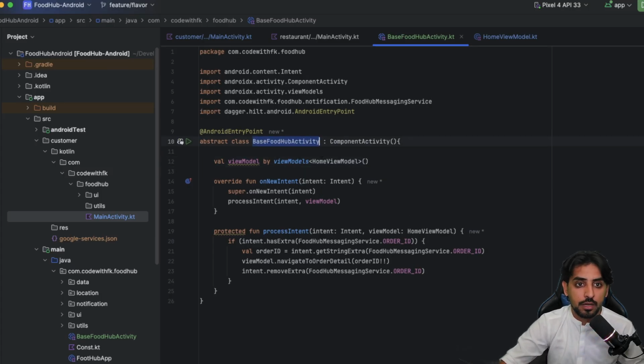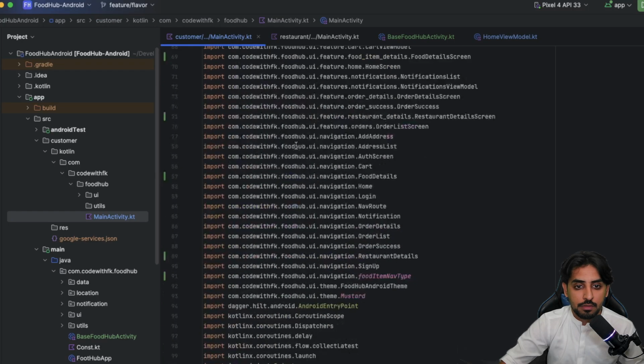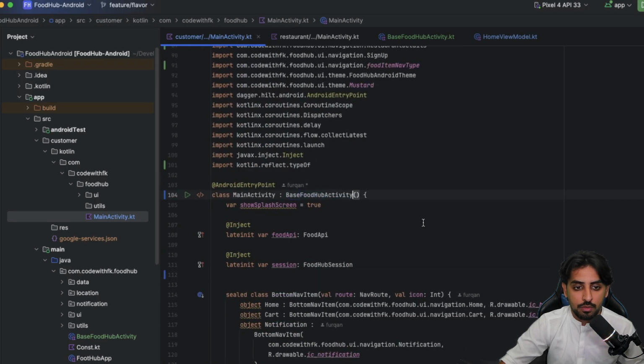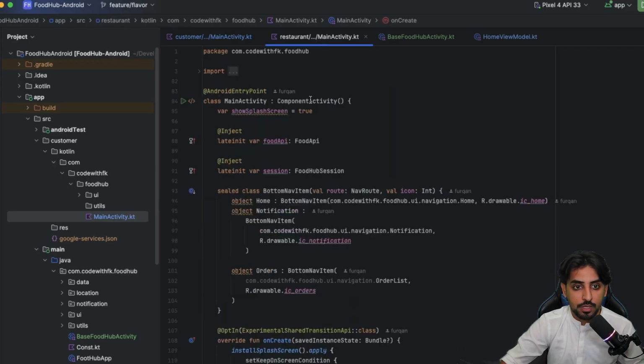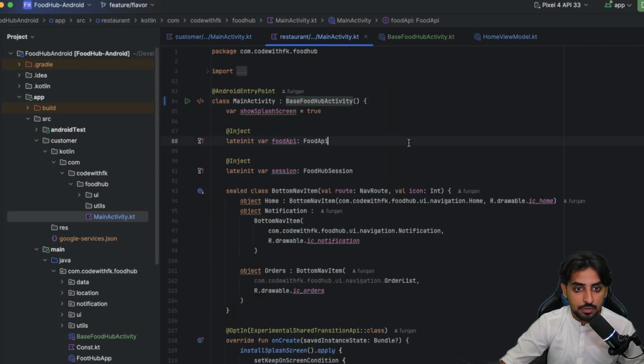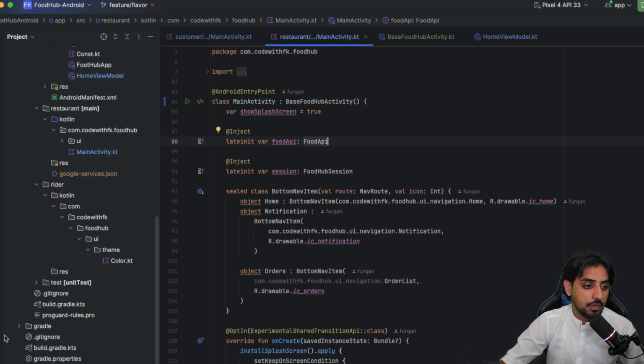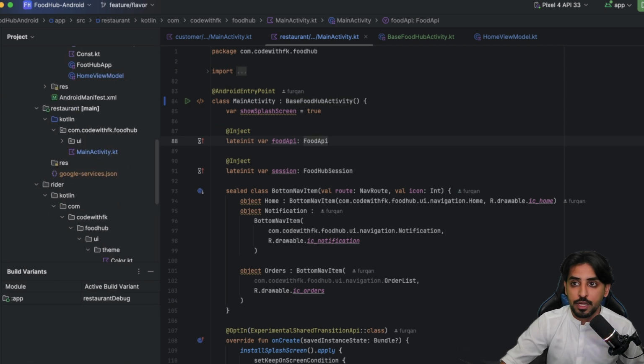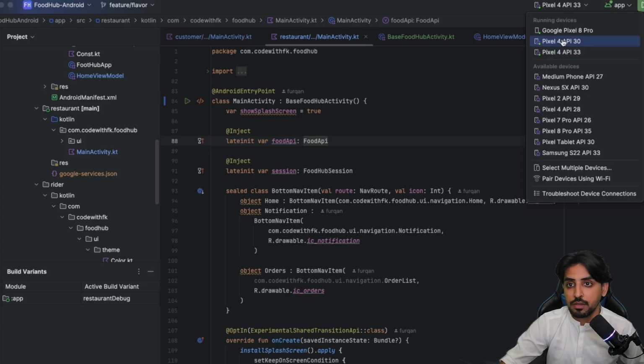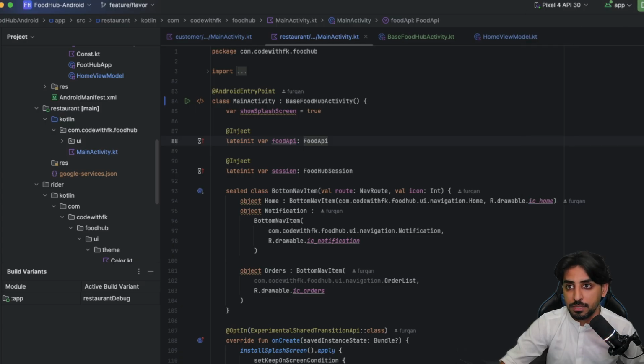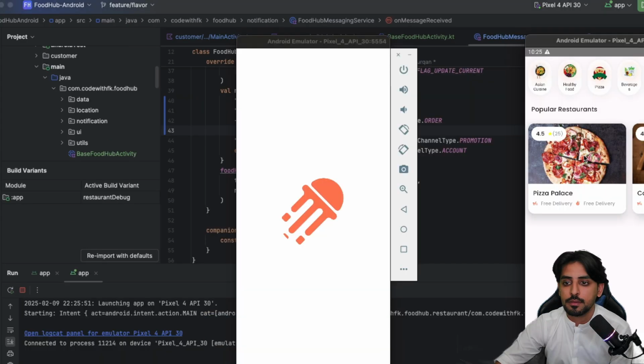And now, for the main activity, what we are gonna do is extend it from the base activity rather than from the other one. And same is going to be for the restaurant activity as well. So now let's just do it this way. Now you can again verify that you are in a restaurant app, and let me just rerun the restaurant app on Pixel 30. So this time when I run it,